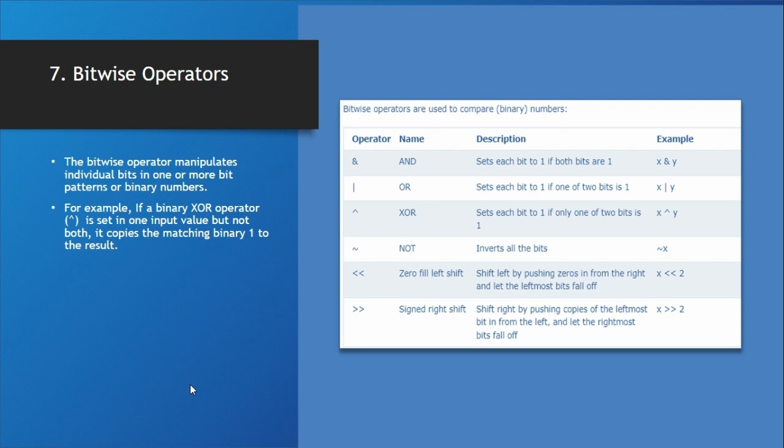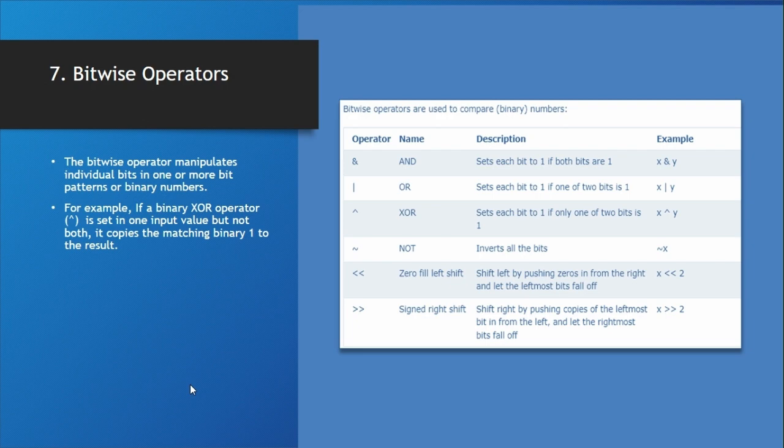The AND operator sets each bit to 1 if both bits are 1, and OR sets each bit to 1 if one of the two bits is 1. XOR sets each bit to 1 if only one of the bits is 1. NOT inverts all the bits. Zero fill left shift shifts left by pushing zeros in from the right and letting the leftmost bits fall off. Signed right shift shifts right by pushing copies of the leftmost bit in from the left and letting the rightmost bits fall off. To understand it better,